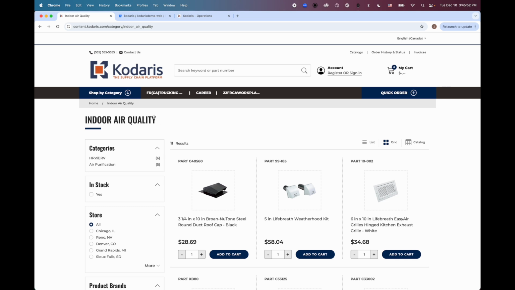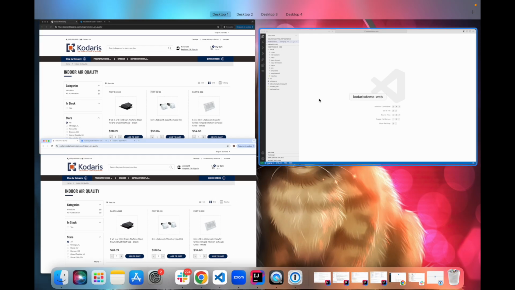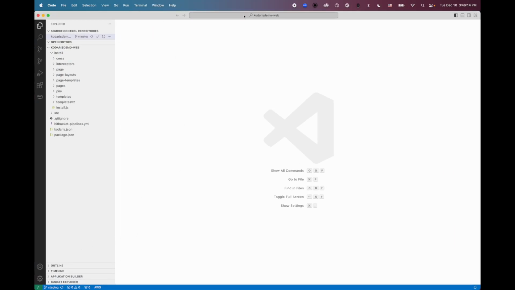place orders and whatnot. What we want to do is actually create a separate branch, a development branch, and make our changes, test them out, make sure they're working well before we actually push them through to the live copy of the website. So what we would do to make changes and develop on the website is we would actually go back to our IDE here, and we will create a new branch in Git.